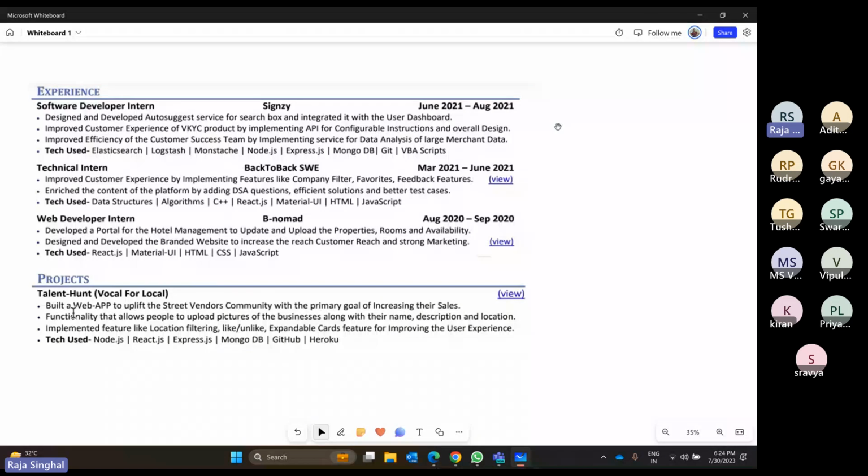So in the experience section, suppose you did an internship at XYZ company. Your role, your company, and when you did that internship are clearly mentioned on top. These are the very important things to mention in any experience.